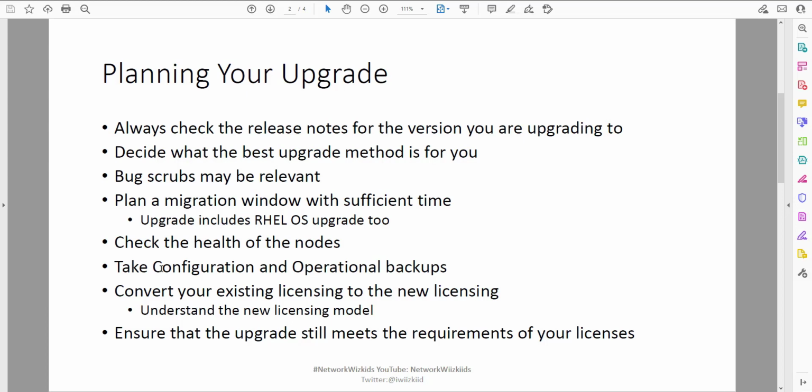Ensure that the upgrade still meets the requirements of your licenses. So depending on the CPU and RAM, etc. that you're using, you just need to make sure that, based on the deployment models, so the small, medium and large, those are still met before you upgrade, or you may be flagged with